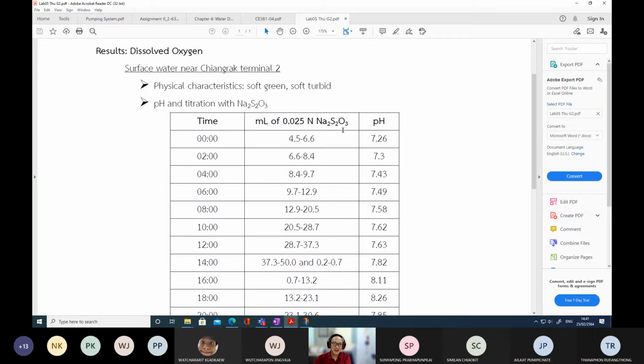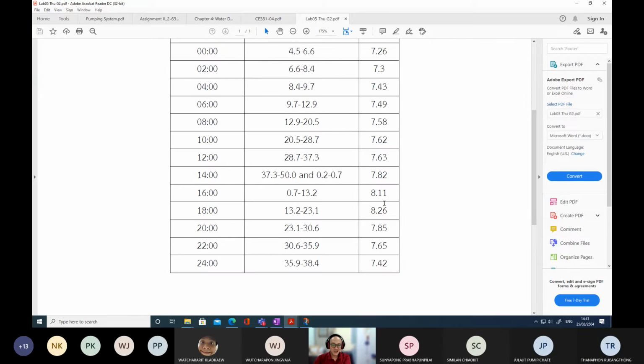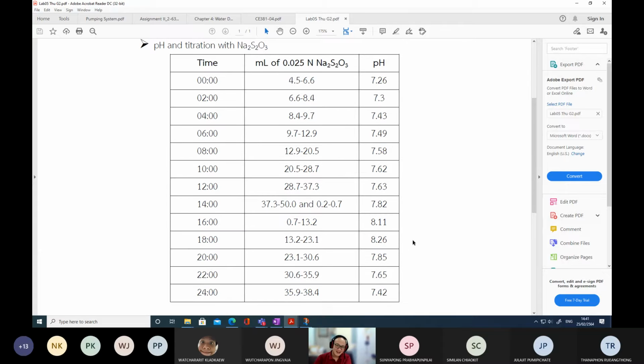Then the pH we also measure along with the time. Mostly there are slight variations in the pH during the midnight. It is 7.26, but during the evening it goes above 8. And on the other hand, for the mLs of the sodium thiosulfates,